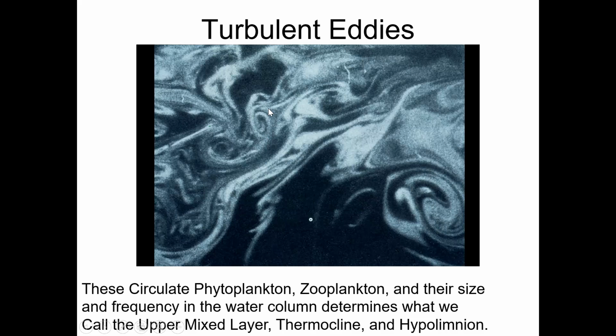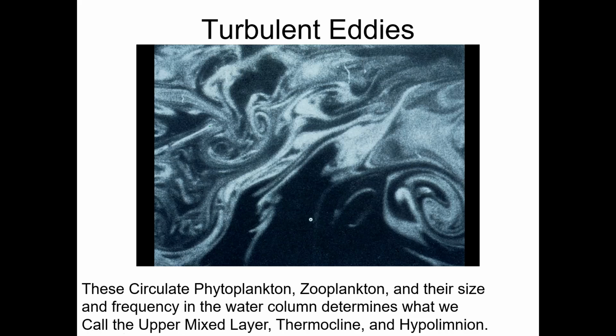And if we did the same thing in a lake, or the ocean too, of course, in a river or stream, we would see the same stretching of the fluid and the same spinning. These spinning motions are called turbulent eddies, right? And they occur in 3 dimensions. And in the upper mixed layer, they may be as deep as the mixed layer. They may be 100 meters wide, maybe they're 20 meters wide. In the thermocline, where the water column is so much more stratified, they may be 10 centimeters or 2 centimeters,